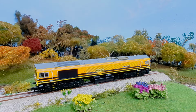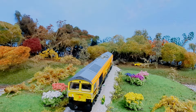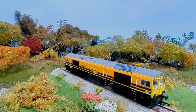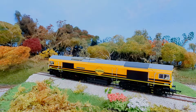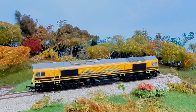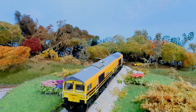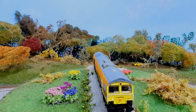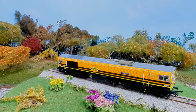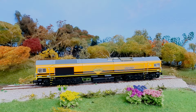Would it make me want to sell all my Bachmann versions and replace with the Accurascales? No. I don't think it's that far of a leap forward in terms of fidelity that it would actually make me want to replace all my Bachmann ones. I'm not saying there's nothing against the model. I love it. It represents, like I said, great value for money. But if you've already got a large fleet of 66s and you're happy with them, there's no need to replace them unless you particularly want to get a livery that Bachmann don't do